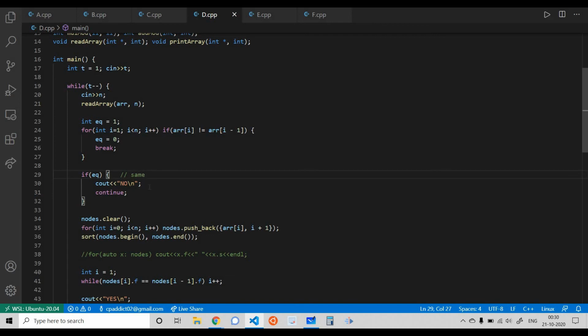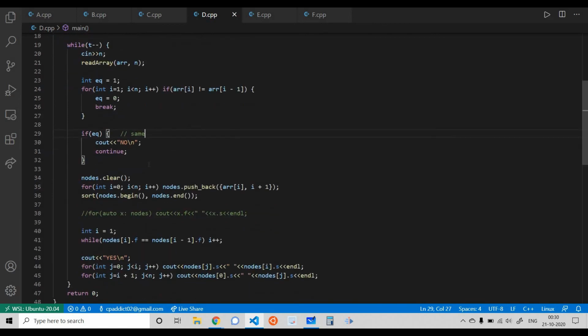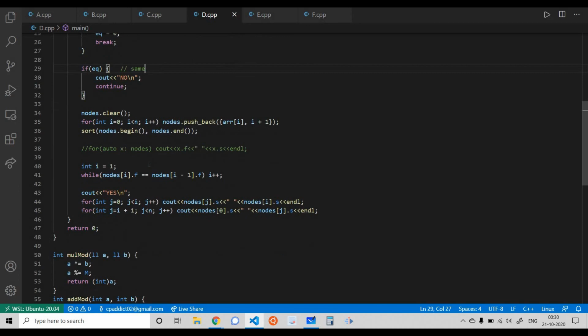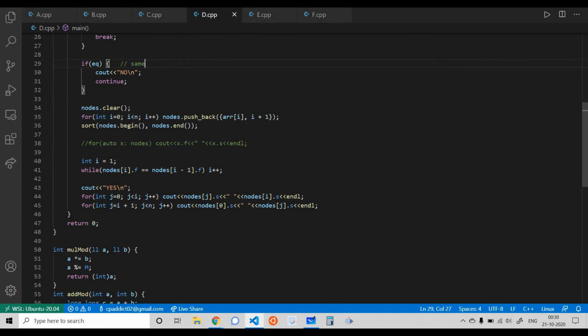Then I need to print no, as there is no way I can arrange them into a connected tree. A tree is always a connected graph. Otherwise, I pushed all the values. This is the gang value and this is the index of that particular district. Then I sort them first according to value, then according to index.